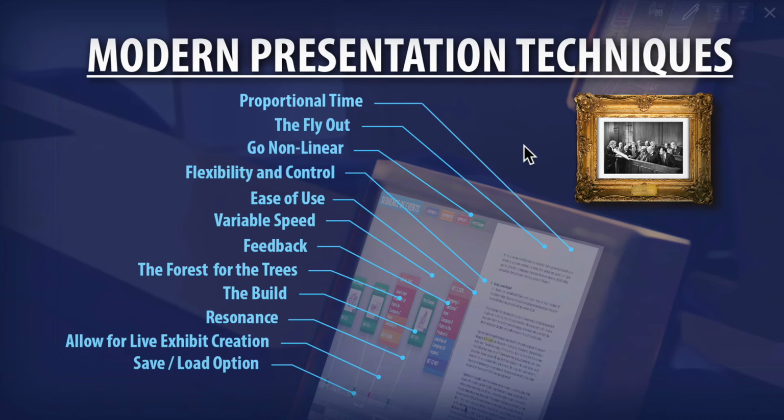So that closes out modern presentation techniques. And just try to keep in mind going forward as you start to produce some of your own presentations that these are essentially just tools that can be used and combined in any way that you like in order to get the most impact, presentation value, ease of use, resonance for your presentation, so that if you have a complicated